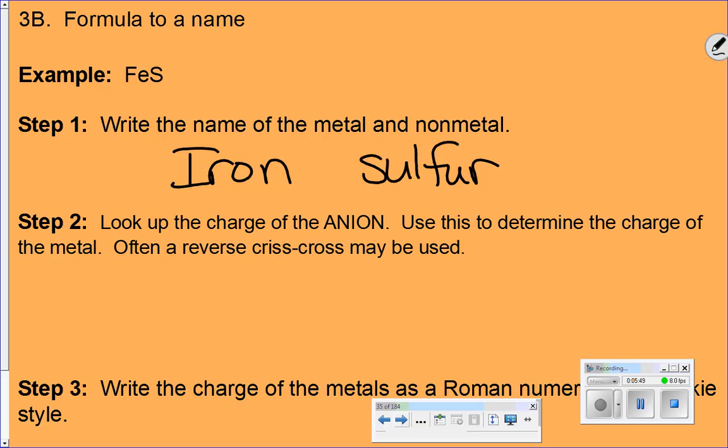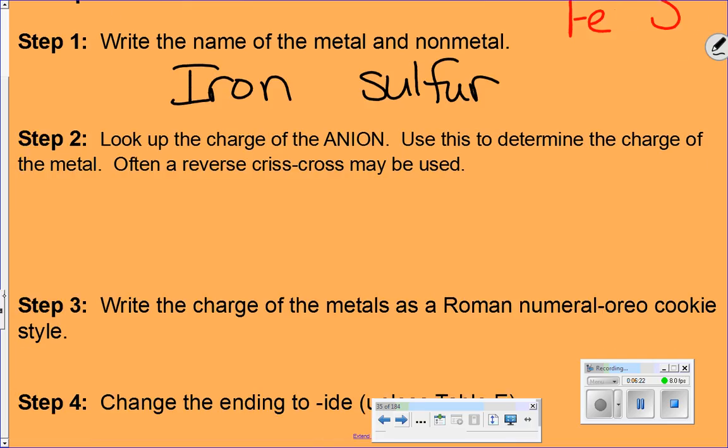So we actually have to kind of go back to our formula here for a second. We have to look at the charge of the anion. So our anion is sulfur, and its charge is negative 2. So if we have one Fe with a charge of we don't know what, and one S with a charge of negative 2, in order to balance out to 0, we need iron to have a charge of positive 2. So since iron's charge is positive 2, the Roman numeral we are going to use is going to be 2. So we're going to write iron, 2,